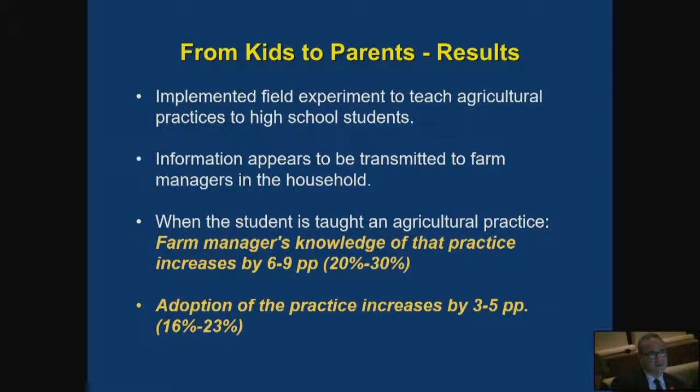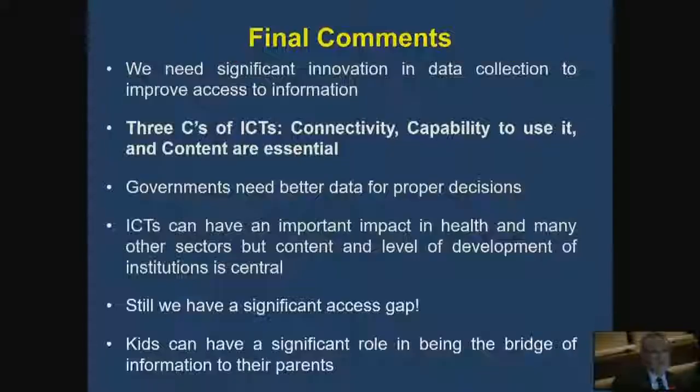And what we found was that when the student is taught agricultural practices, the farm manager, so the parent, increases the use of that practice by between 20 to 30%. And not only that, adopts the solution between 16 to 23%. So a very small intervention in the school created a significant impact, which we thought was very important. Because at the end of the line, what this is telling us is jumping this constraint of capability, working through the kids, and using the upward intergenerational mobility, which psychology and marketing have used a lot. In economics, we have done very little on this. And basically, it was showing a causal effect of the potential impact.